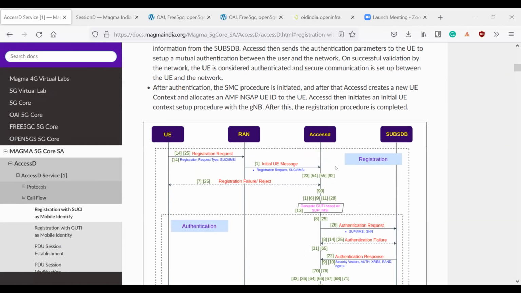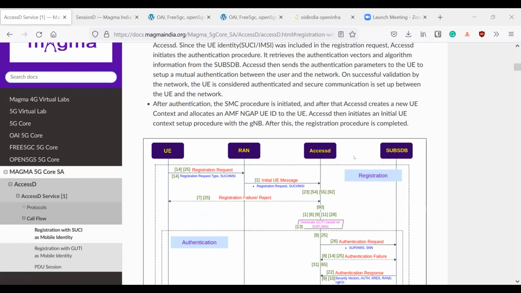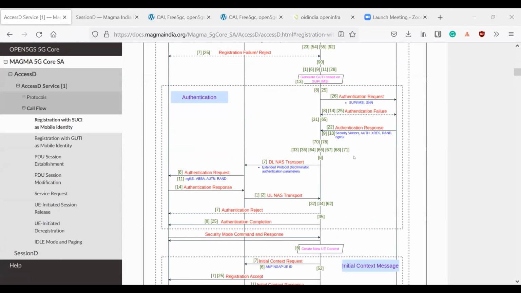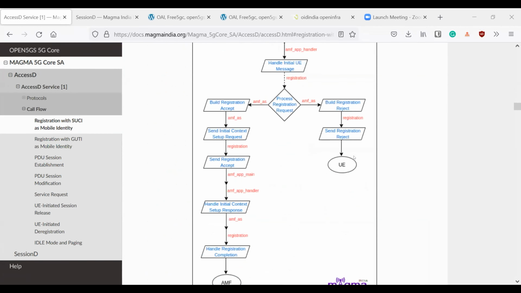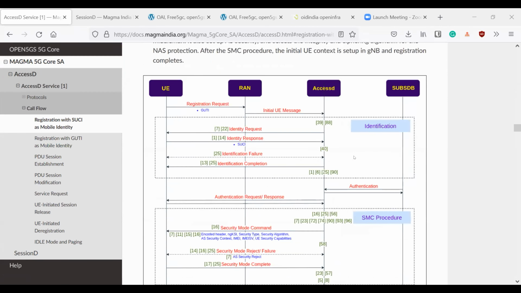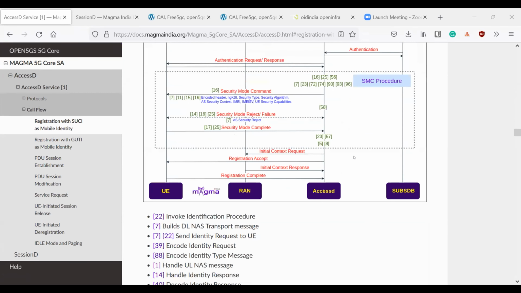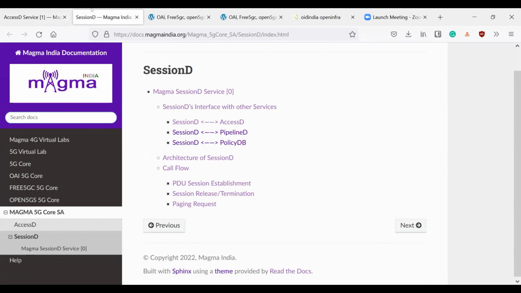Yeah, so currently we are working on detailed call flows for 5G SA, especially in version 1.8. We are working on detailed call flows where you can find actual code as well as some DFDs, so that it's easy for new developers to start with. We already finished the XSD and session D call flows. Currently working on pipeline D. So in that way, we finished 3 functions.